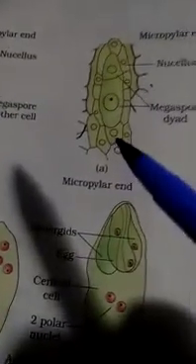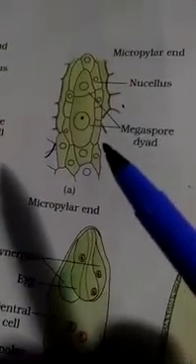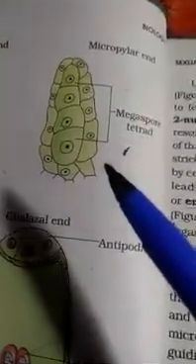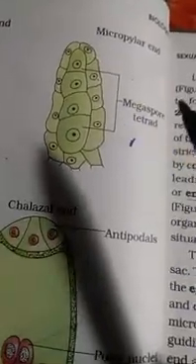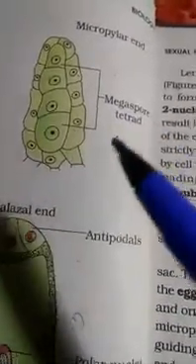Its nucleus divides by meiotic division, that is reduction division, to form 4 megaspores, which are known as megaspore tetrad. 3 of these degenerate, leaving 1 megaspore. This is the functional megaspore